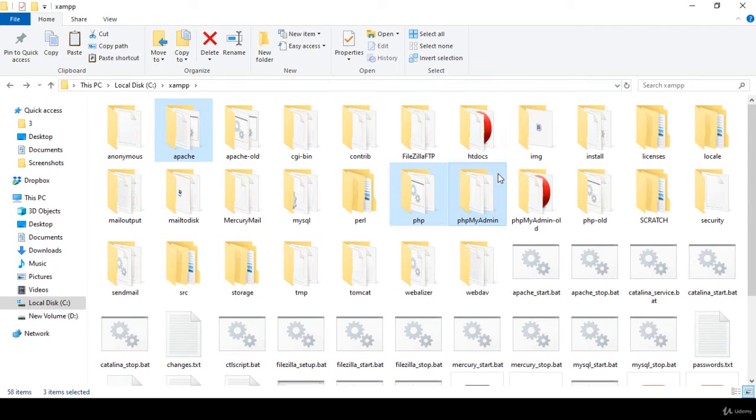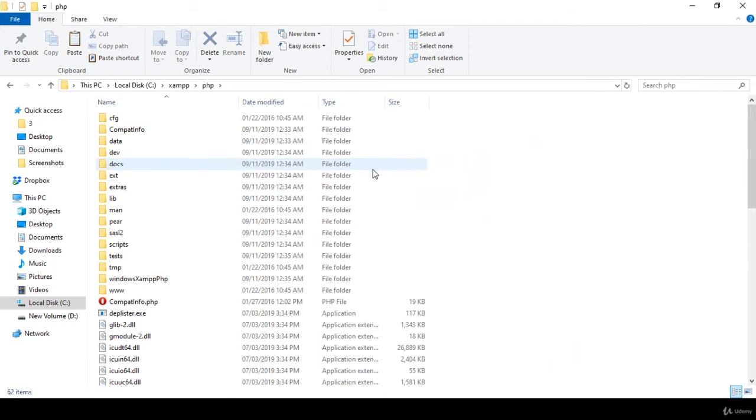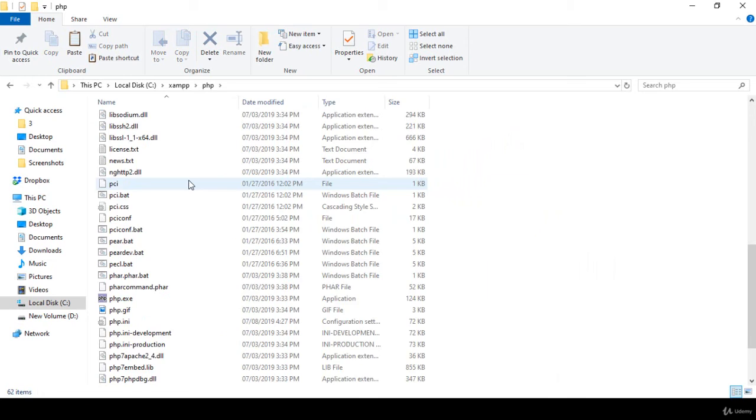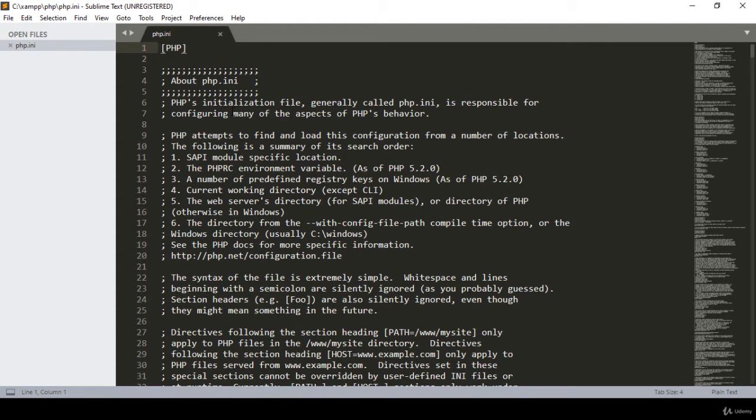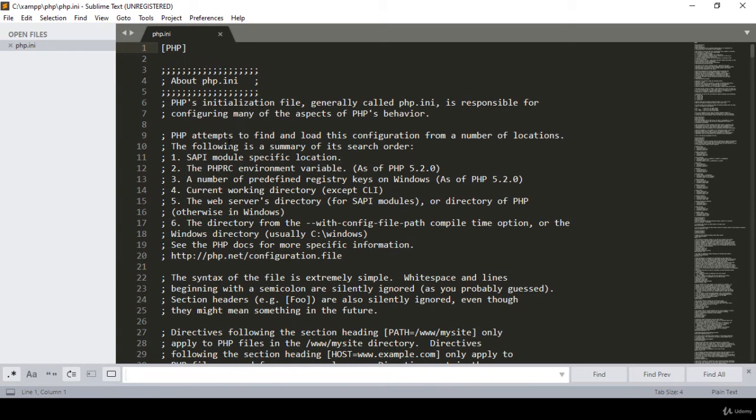Our three folders are pasted successfully in our XAMPP folder. There is our Apache folder, the PHP folder, and phpMyAdmin. Now we have to open our PHP folder, and in the PHP folder there is a file, php.ini. I open it with the Sublime text editor, and in this position you have to update one of the paths. If you click on search and type XAMPP,